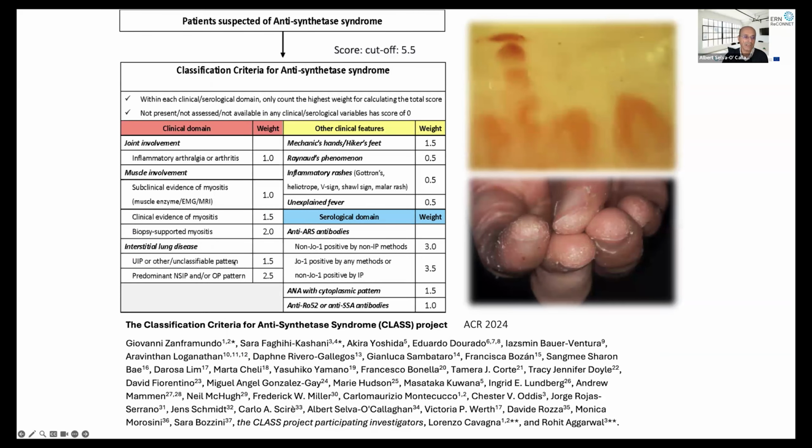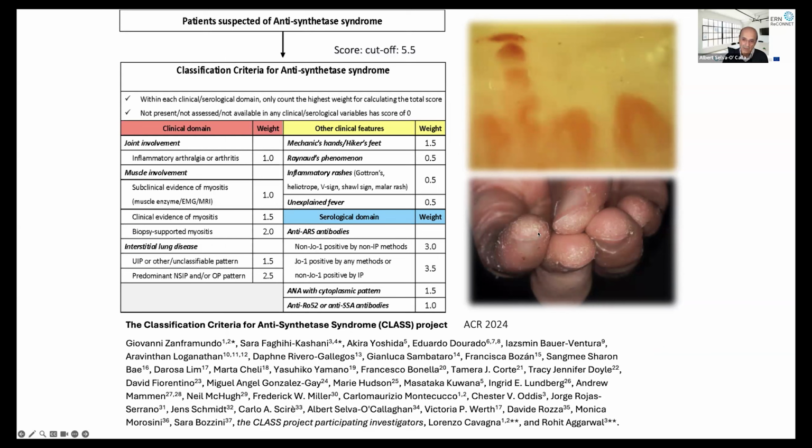These different autoantibodies are included in the new classification criteria, and you can see here this very nice picture of mechanic's hands. We have said before that in the same box we put antisynthetase syndrome and also some overlap diseases, for example, scleromyositis. When we talk about scleromyositis, we know that there are some clinical features of scleroderma and some clinical features of myositis, but there are different types of scleromyositis.